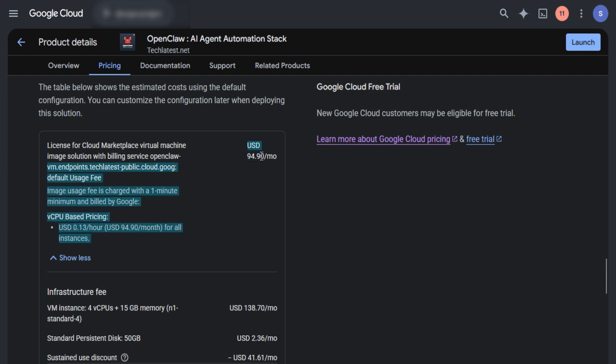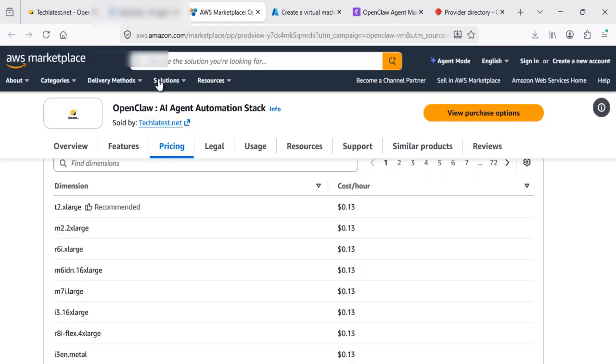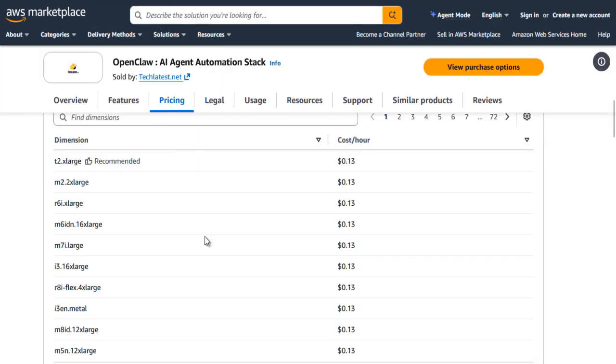Okay, so it would be 94, and this is the total estimated cost on GCP. That is for virtual CPUs with 15 GB RAM, but if you want to go with the GPU instance, then there will be extra charges for that. Okay, similarly, if we go to AWS and check the pricing section, then here they display only the software charges here,